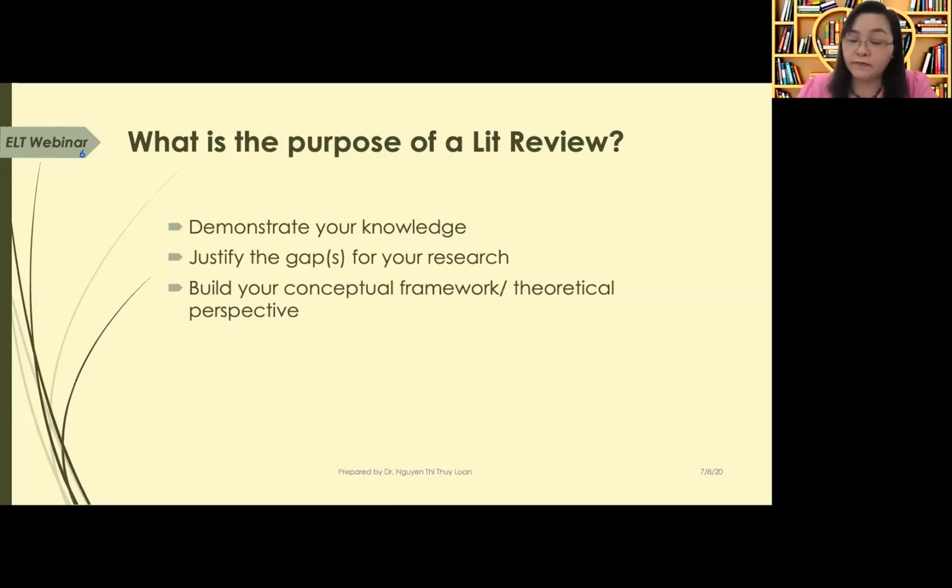And also from reviewing the literature, you are able to be informed about the research method, which research method you should use to research your topic. Because when you review the literature, you know the strengths and weaknesses of the research studies. So that's what you can learn from, and you can develop the research method that works best for your research topic. And